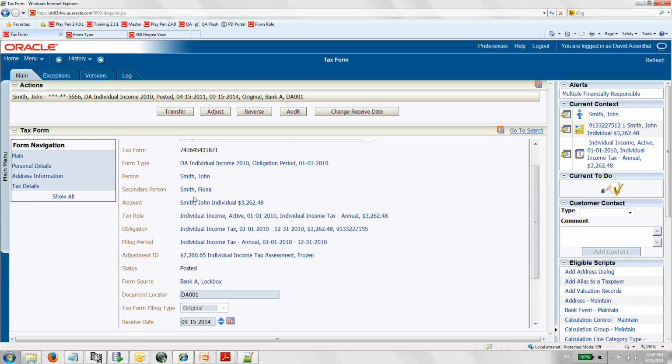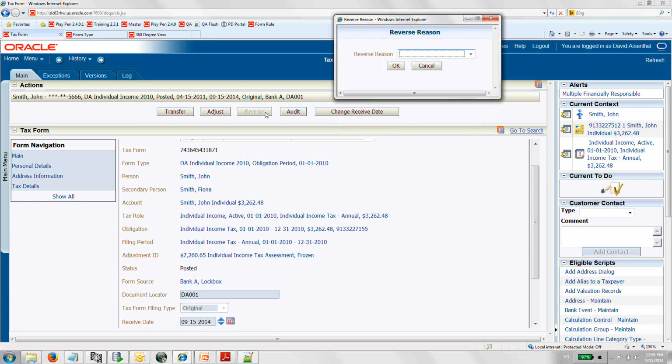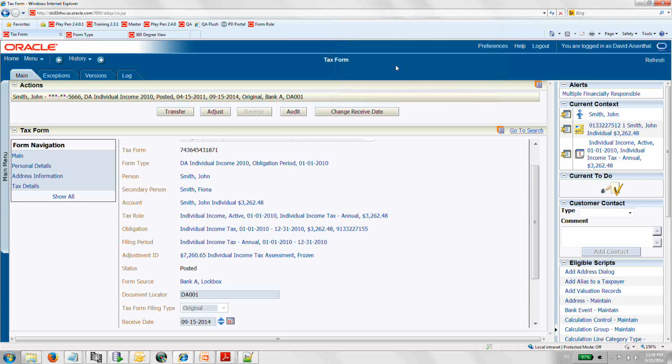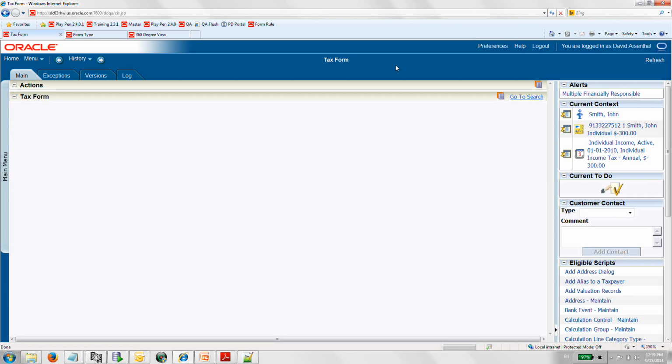If I actually do one more thing before we look at the form type, let's just reverse it, which will basically delete all the different entities that were created as a result of this tax form. We should basically set back everything for this particular person and account to 0, except for the payment which was sent in. So let's say this was an incorrect posting. Let's just see what happens. At this stage, we are going to be cancelling everything that was created as a result of the tax form as much as we can,